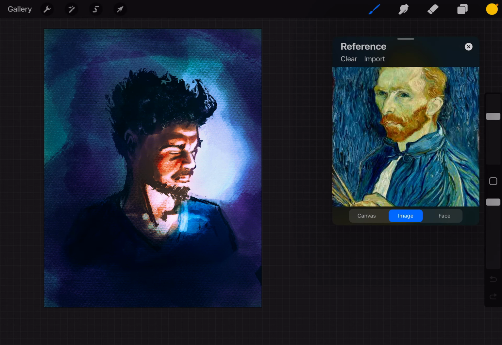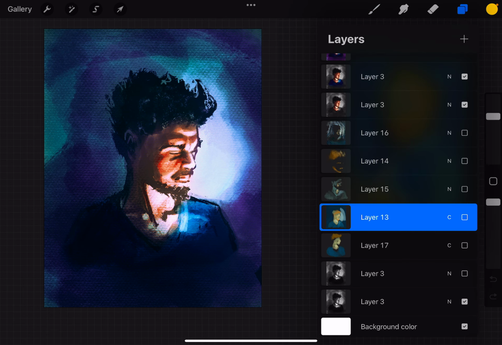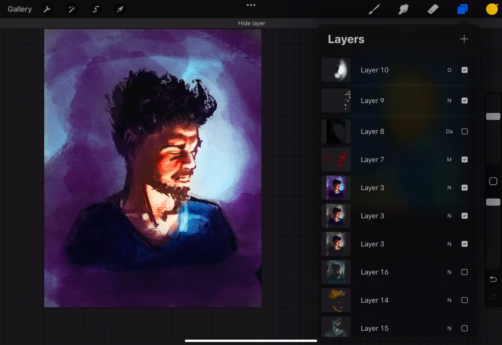So if I open up my reference, I use this Vincent Van Gogh painting, and basically grab this color palette to use it to color and create my work of art